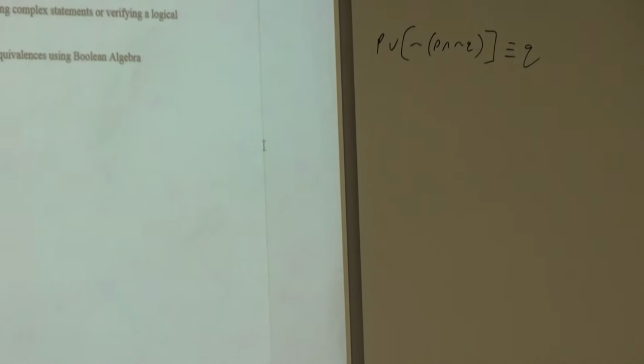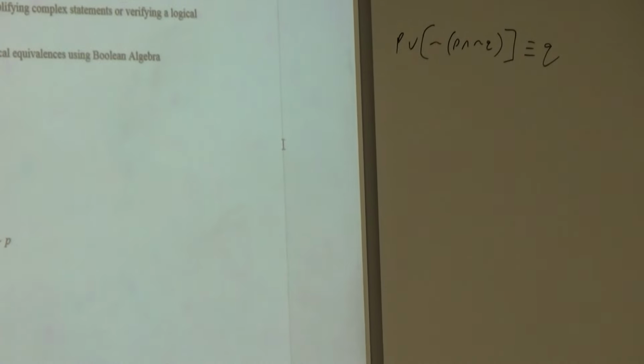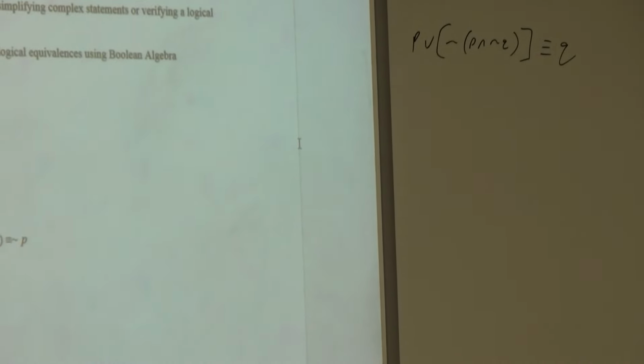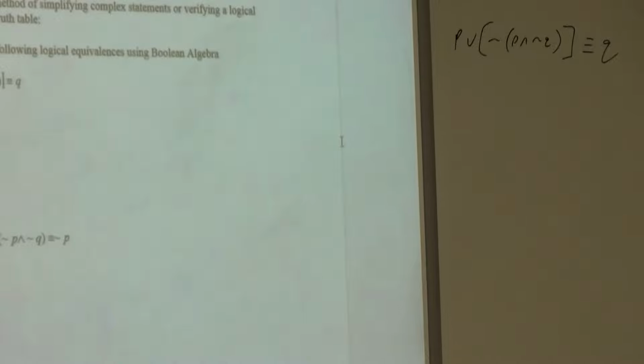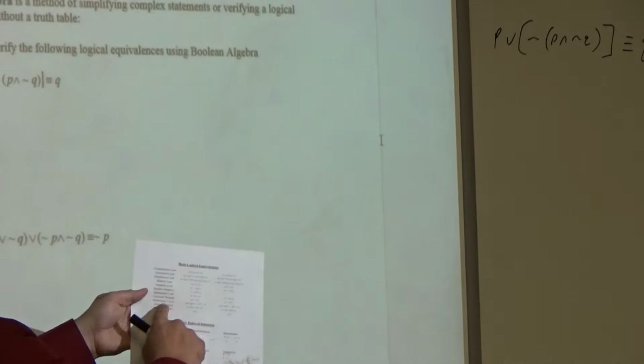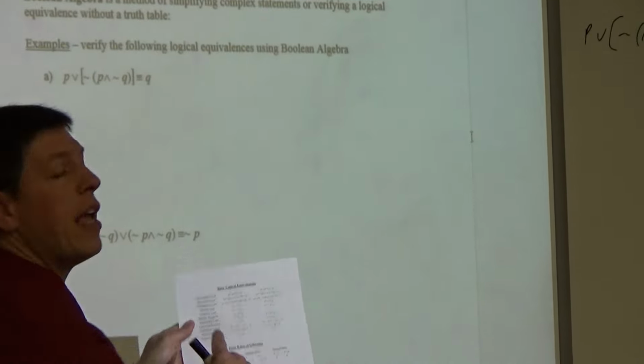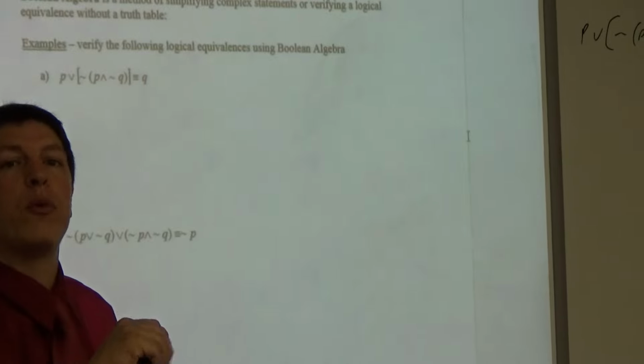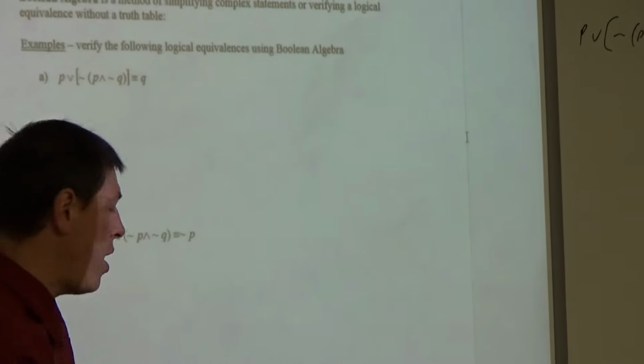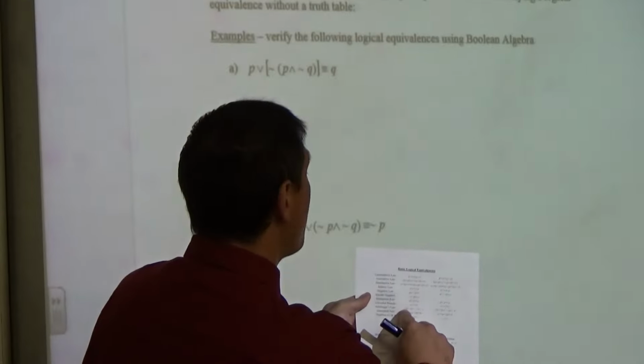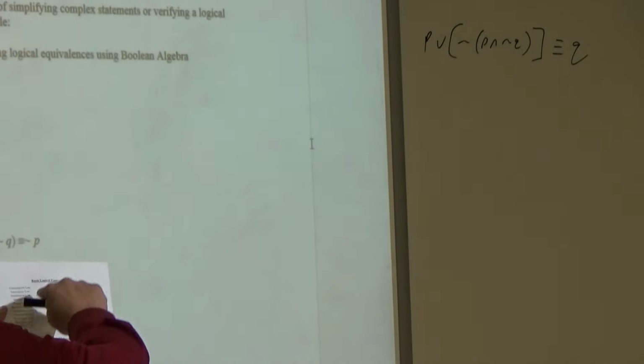Distributive? Not the distributive law, unfortunately. Good try. You're on the right track, but it's not distributive. It's De Morgan's law, okay? Guys, take a look at De Morgan's law, which is the third from last one. It's almost like a distributive property, which is why you may have confused it, sir. But that's okay. De Morgan's law says that if you have a negation on the outside, you can take it